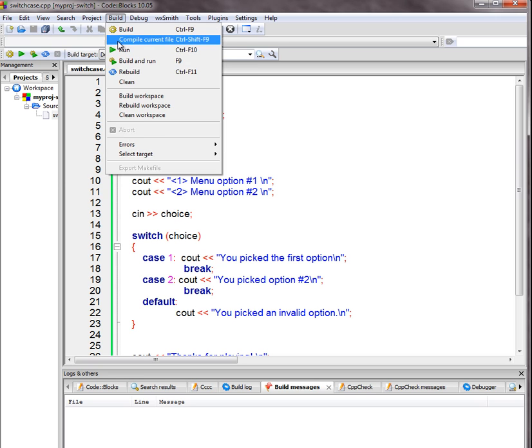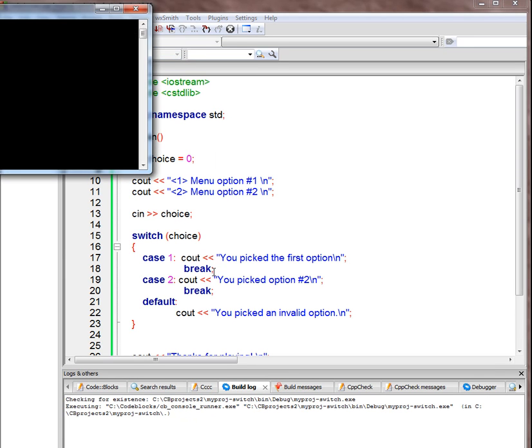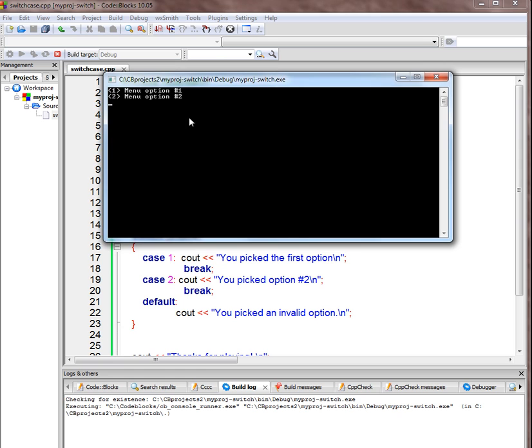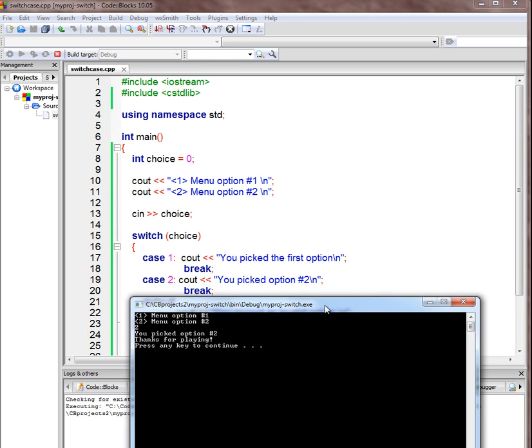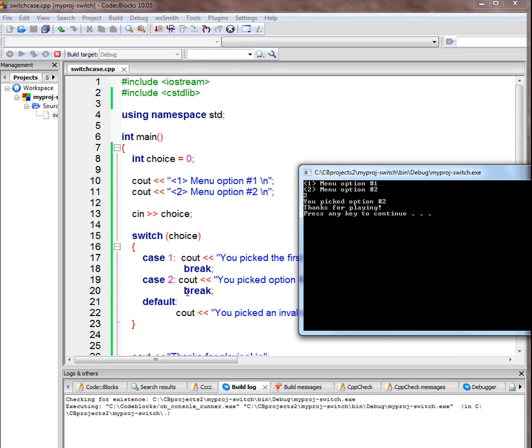And now I'm going to run it. And here's what happens. The menu pops up, so I can pick 1 or 2. Notice it's just waiting for a keyboard input. I'm going to pick 2, and then based on whatever I put, it's going to execute that section of code. So you picked option 2. It got to this break statement right here,